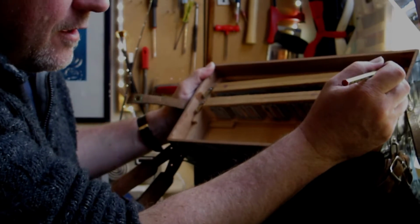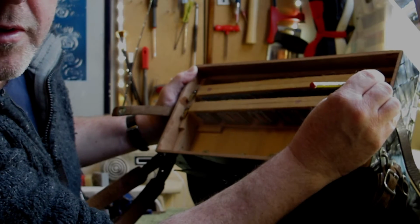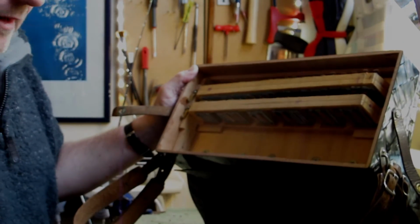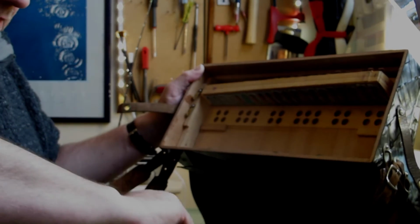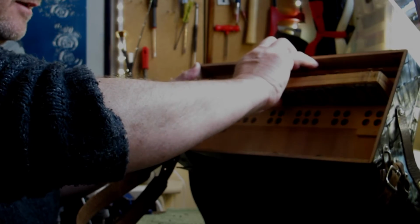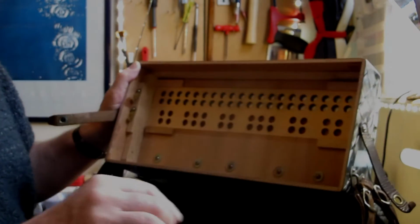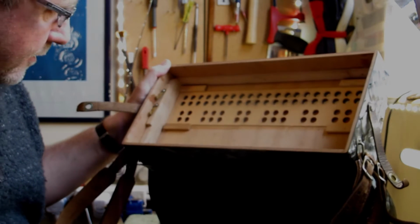I shouldn't do too much. I'm just going to put a 1 on there and a 1 on there, so when I come to put it back in again, they just go exactly in the right place. Quite obvious anyway, but I always do that. So these are coming out. And there we go. Now, having a look at the internals of this, I can see